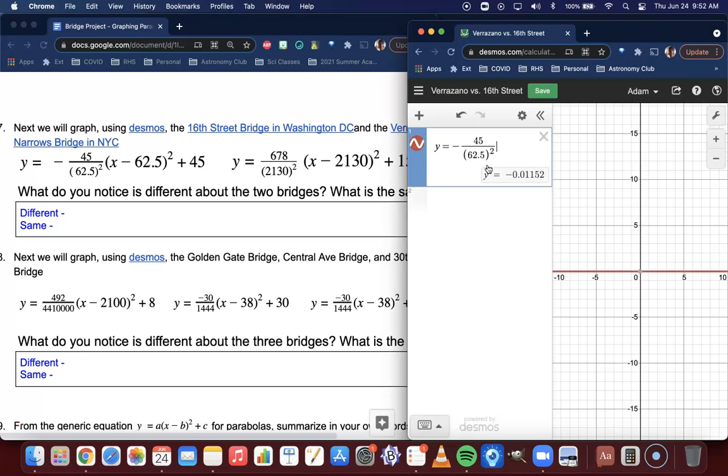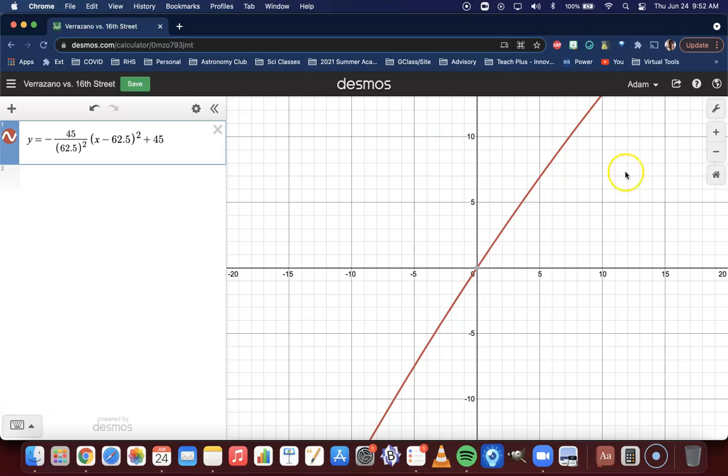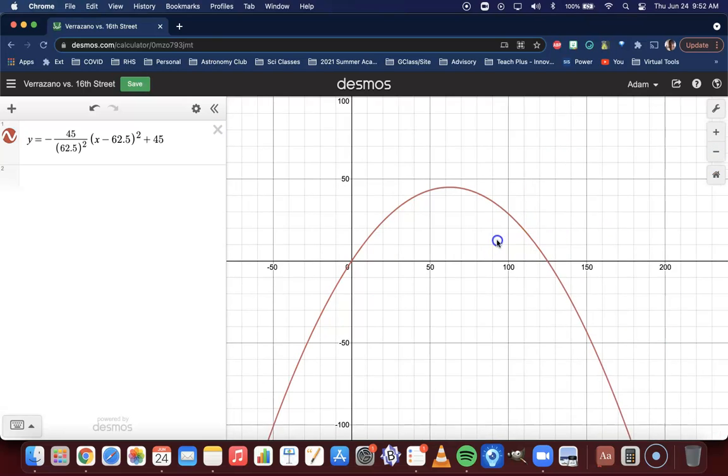And then we're going to multiply that by the quantity x minus 62.5, all squared, plus 45. So that, let me make that bigger, that is the 16th Street Bridge